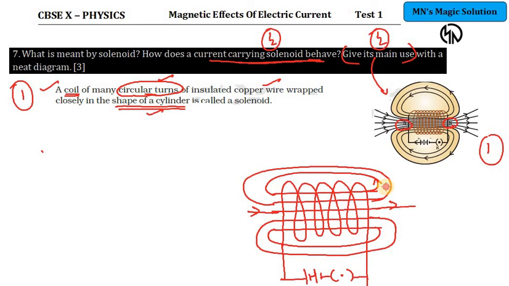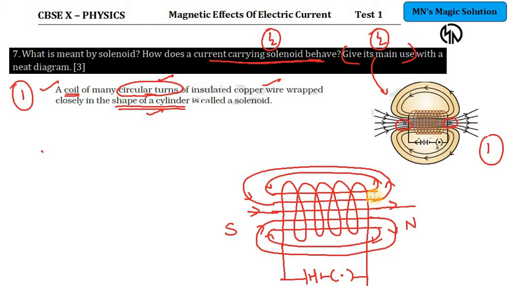Enga start agudhu? From the north it goes towards the south. So this has got to be the north pole and this is the south pole. Ena south pole valiya ulla vandu serudhu. Okay. So diagram varayumbodhu make sure first you draw the parallel lines. Ena field lines should not intersect each other. So unga diagram la adu precise ah theriyanum.